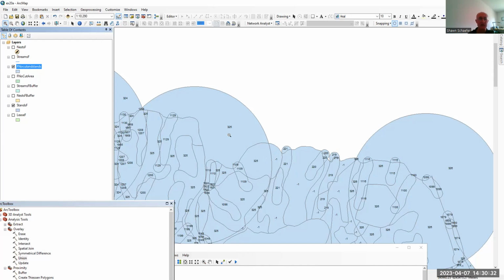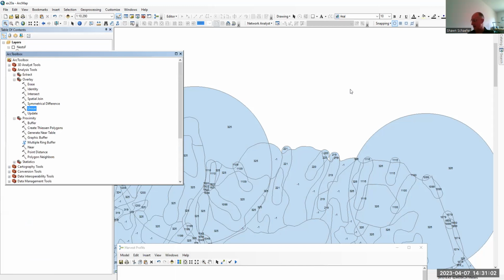But if you have a number, which these numbers correspond to the FIDs from the streams buffer and NES buffer attribute tables that we brought together in the union, if those show up with a number greater than 0, then that means that we can't harvest there. And that, of course, is what we're trying to look for, right? We want to know what we can harvest and what it's worth, and what we cannot. All right. Okay, so now we've successfully